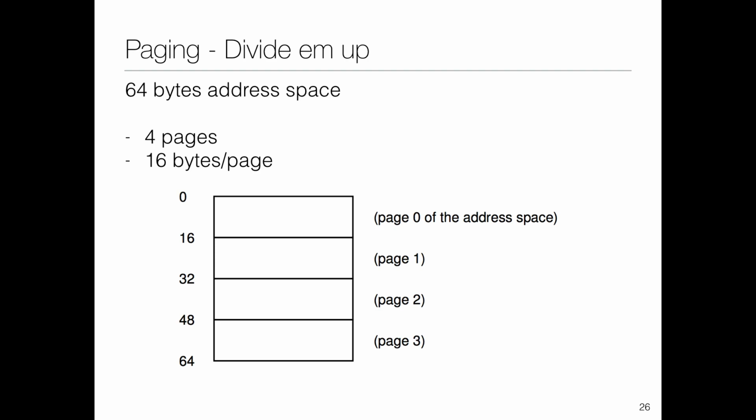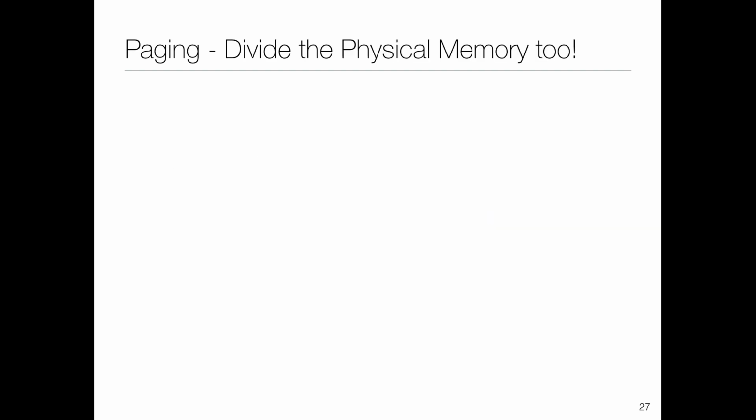So let's say this is how our virtual address now looks. You wanted to address 64 bytes, and you've broken them into chunks. It's a similar idea to segmentation, but now it's a uniform chunk that is given. Each of them is called a page. 16 bytes is called a page.